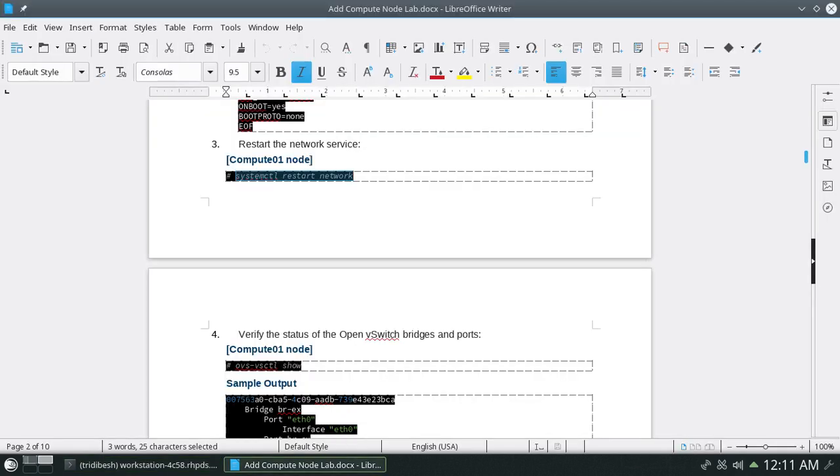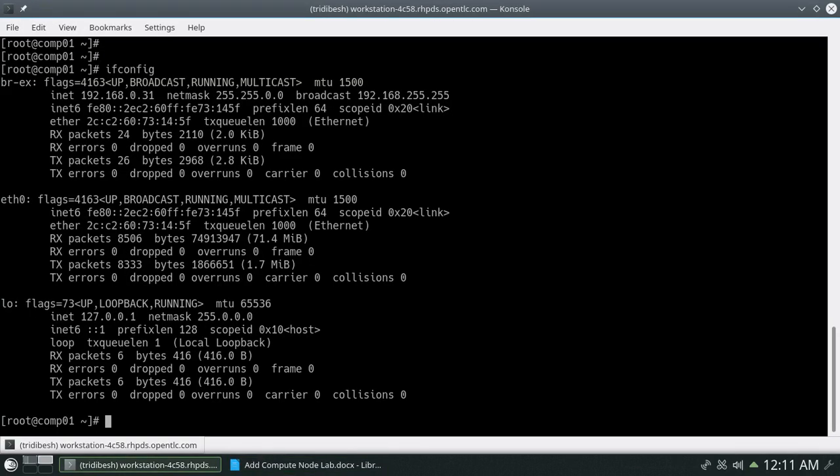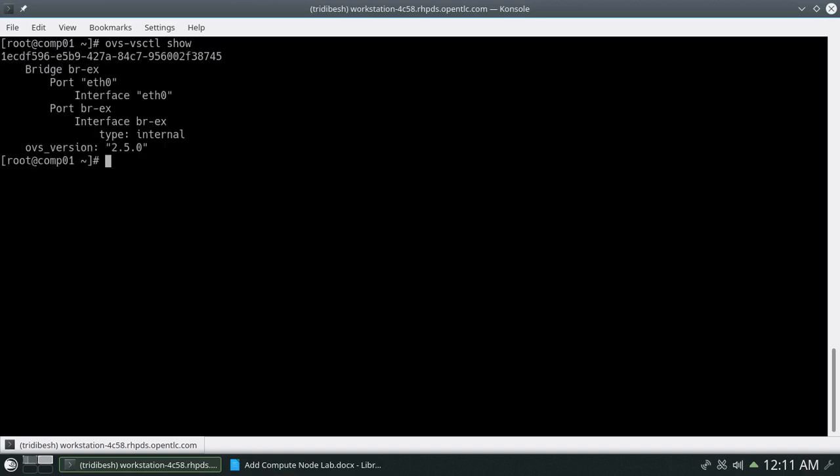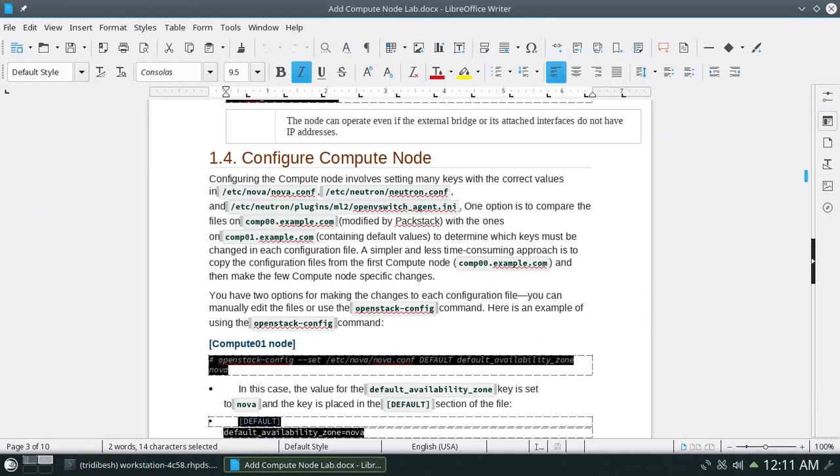Once you're done with that, you can also verify your bridge interface status by running the command ovs-vsctl show. You will see you have a bridge interface called br-ex. The port is eth0, the interface is eth0, and there is a port with this interface and type internal. So you can see your bridge details.